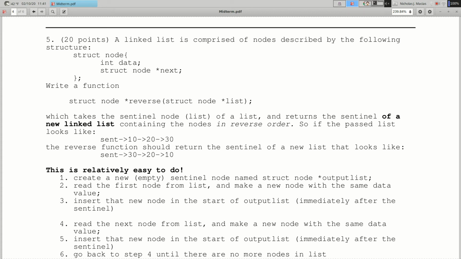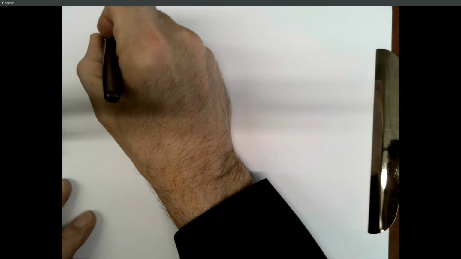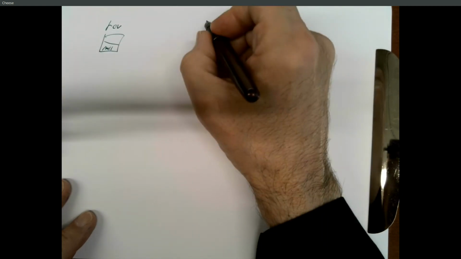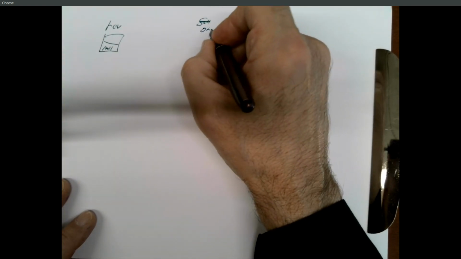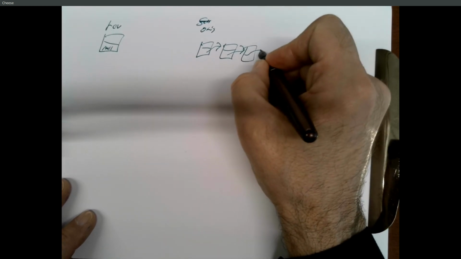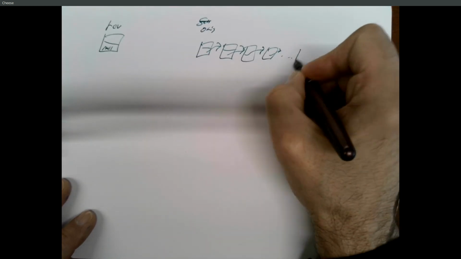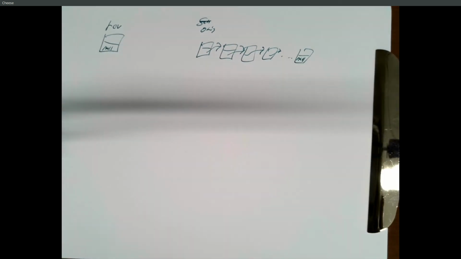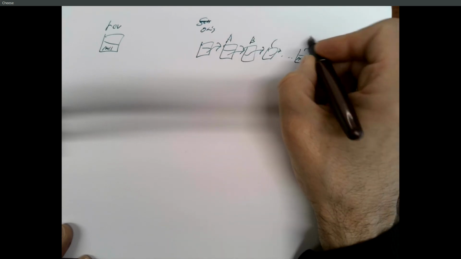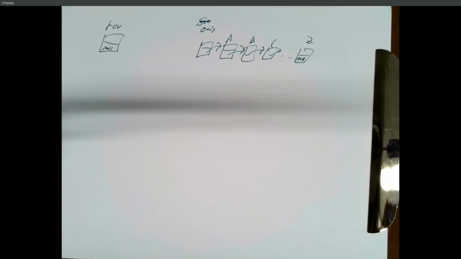So you're creating a new linked list using the data you find in the original list. And there was a hint of pseudocode on how to do this, which is basically make your new sentinel node. Let's call this original. Let's say this is A and B and C and Z, and here's our original sentinel node.